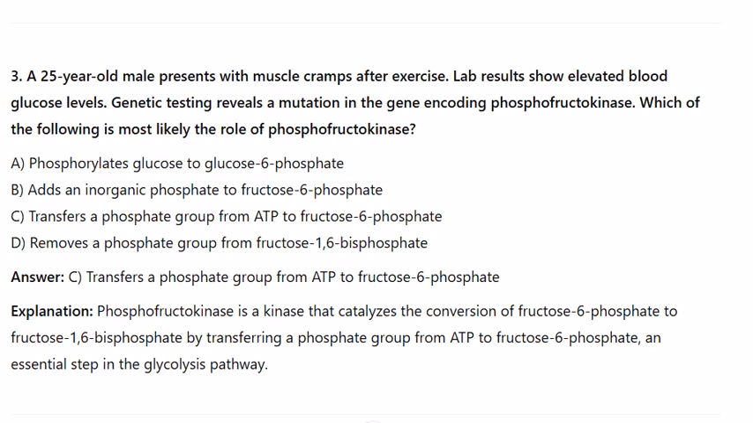Explanation: phosphofructokinase is a kinase that catalyzes the conversion of fructose 6-phosphate to fructose 1,6-bisphosphate by transferring a phosphate group from ATP to fructose 6-phosphate, an essential step in the glycolysis pathway. These questions are